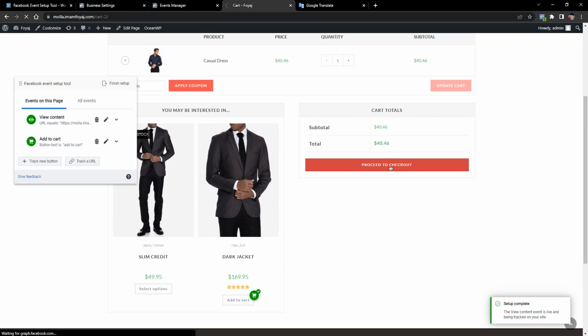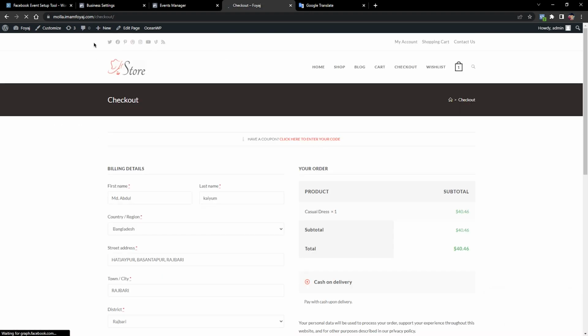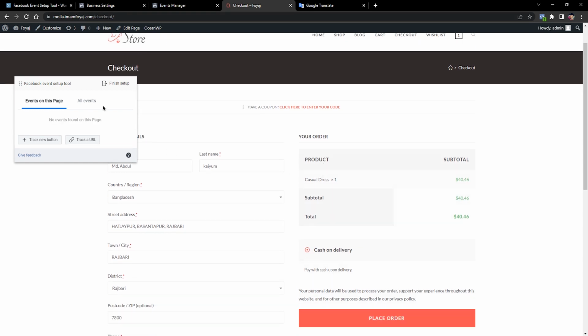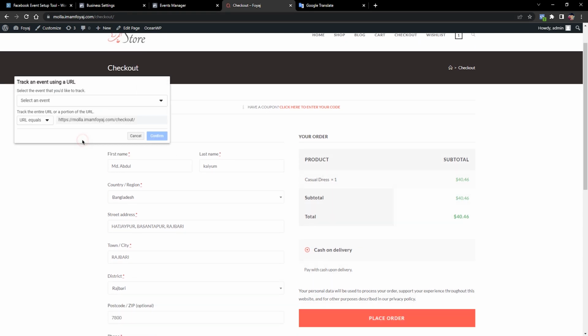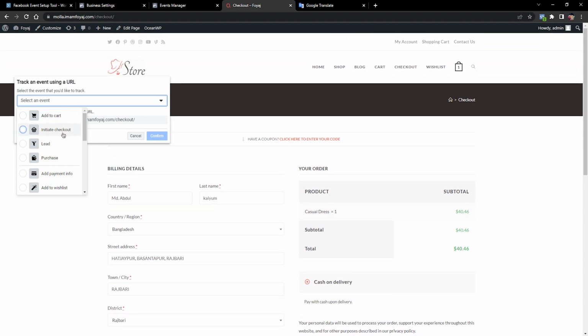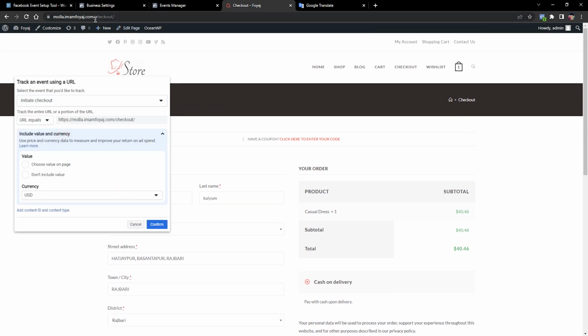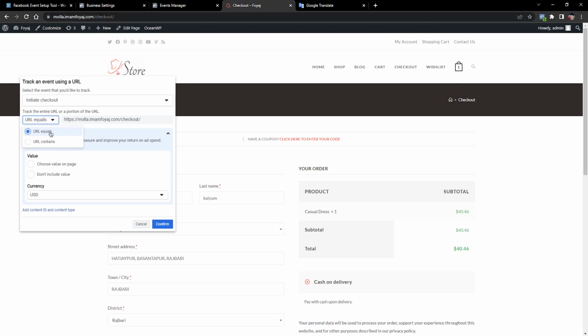Now I'm tracking proceed to checkout. Now tracking the checkout page. Okay, go to track URL, select event, initiate checkout. This is the initiate checkout page. URL equals, because this is a single page,